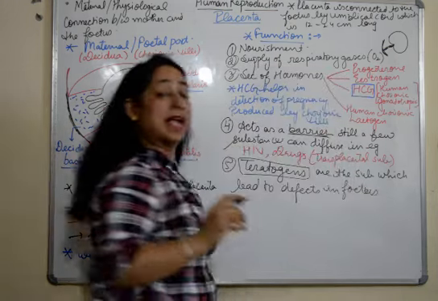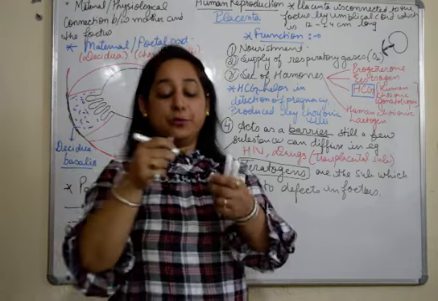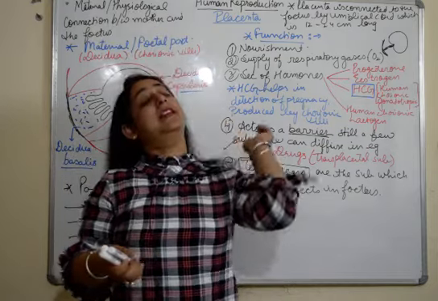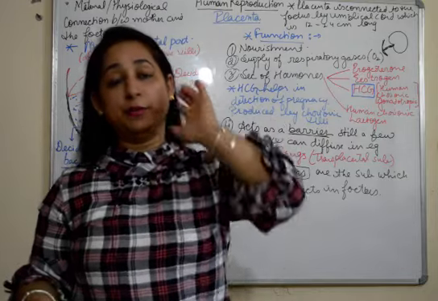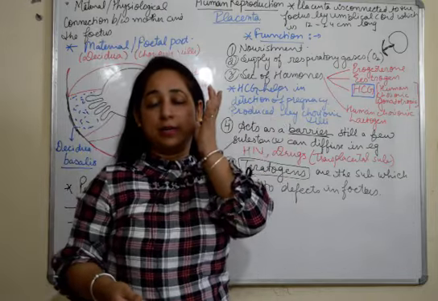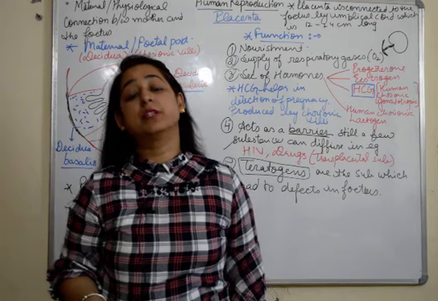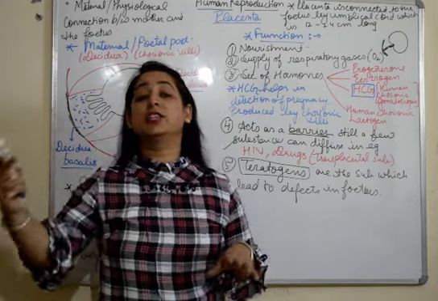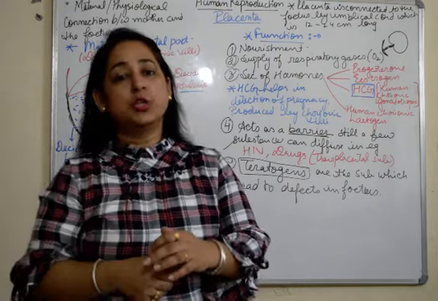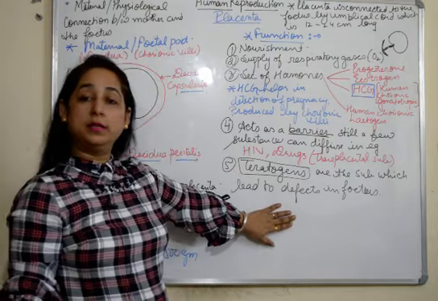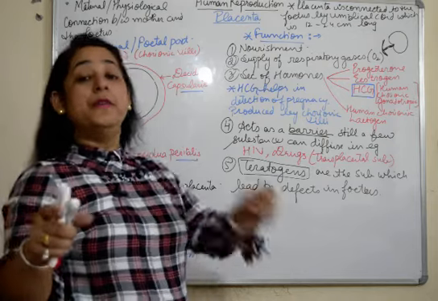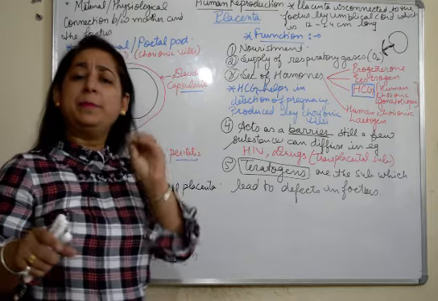Herein we have the example of Minamata disease, as you must have heard about it, in Japan, when there was an outbreak of mercury. It was in the rivers and went into the fish. That fish was eaten by the locals and it led to a disease which was found in their next generations, also known as Minamata disease. So mercury can be considered a teratogen, which can be passed through the placenta.